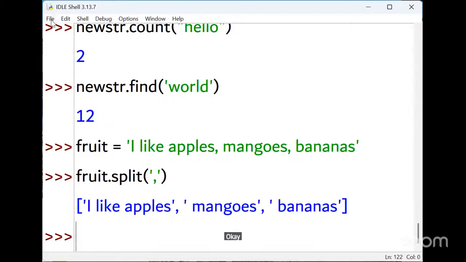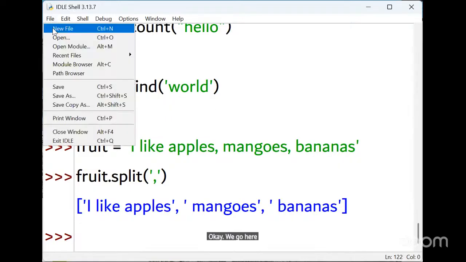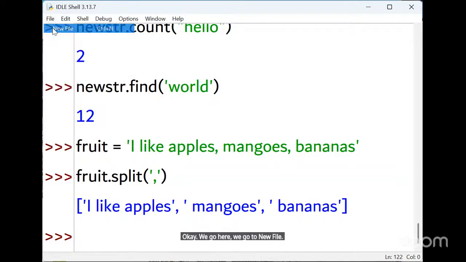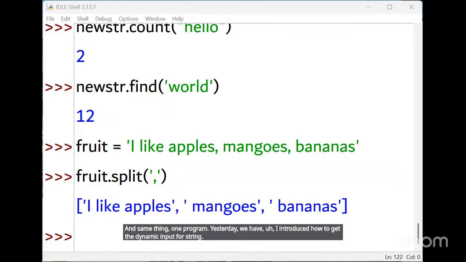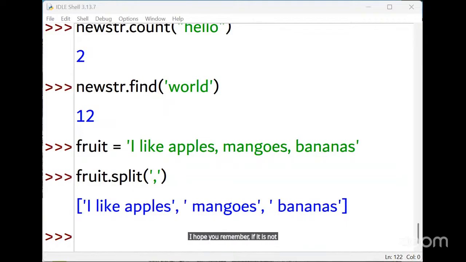We go to a new file and write one program. Yesterday I introduced how to get dynamic input for a string. I hope you remember; if not, I'll recap it once again. Declare the variable name as name, and I taught you to give Sam.